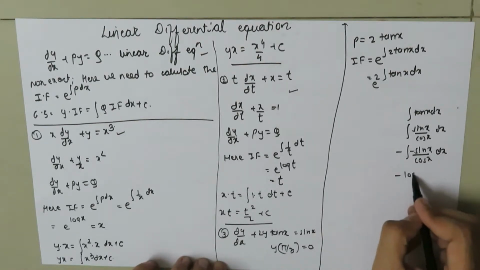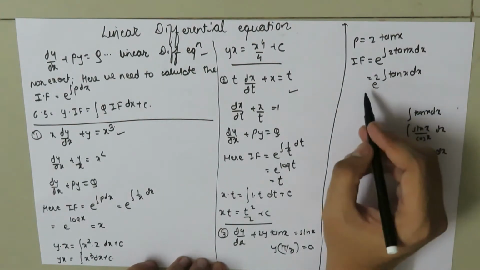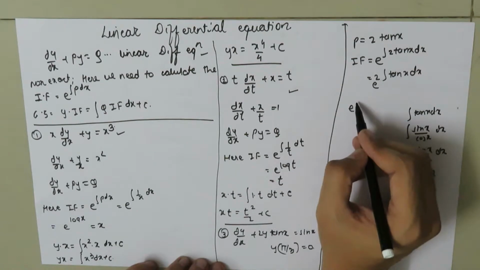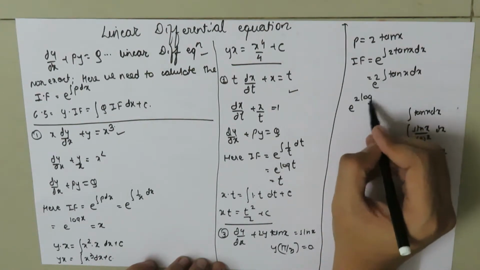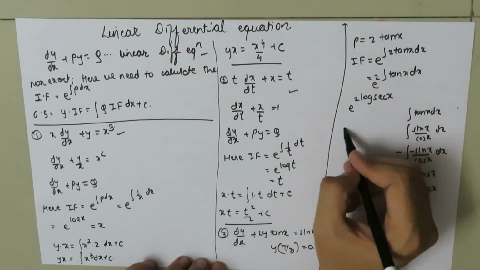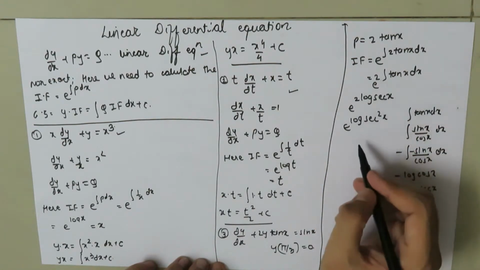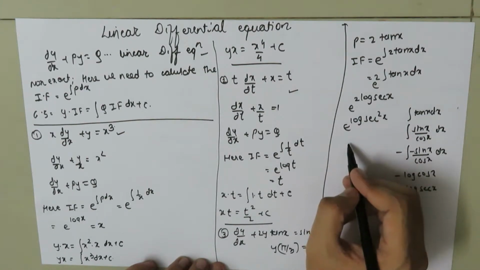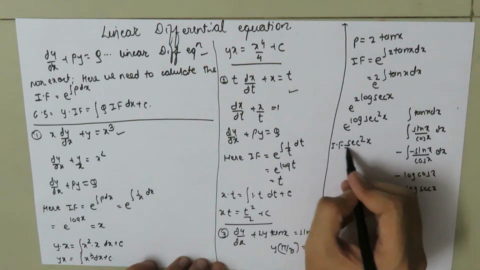So negative log of cos x, which can be written as log of sec x. So we can write this as e to the power 2 times log of sec x, so e to the power log of sec square x. So we can write this as sec square x. So the integrating factor is sec square x,